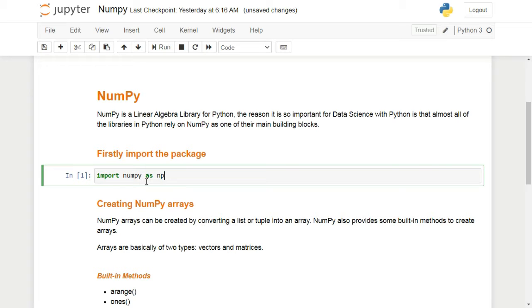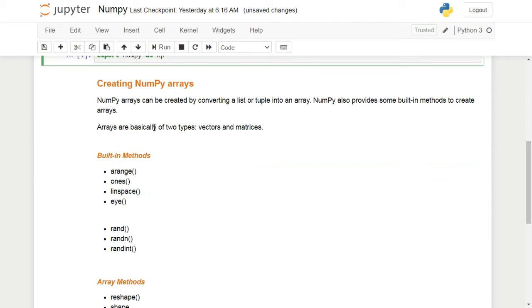Basically I am importing this NumPy library and using np as a short form for NumPy. It is not necessary that I give np here; I can give any name. Whatever I give here, I will have to use in place of NumPy. I will show you what I mean by this. So firstly I have imported this package.